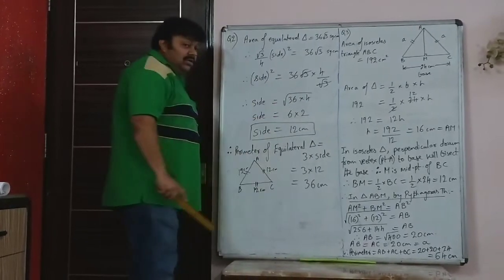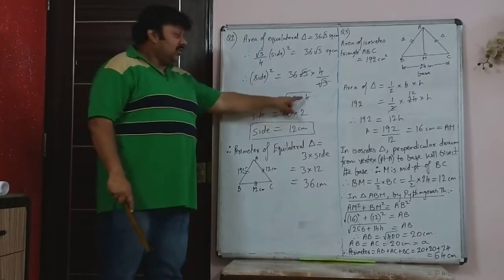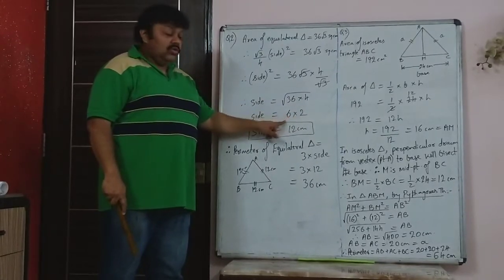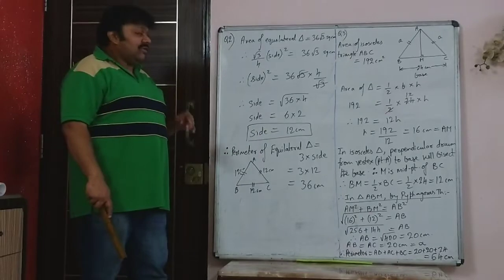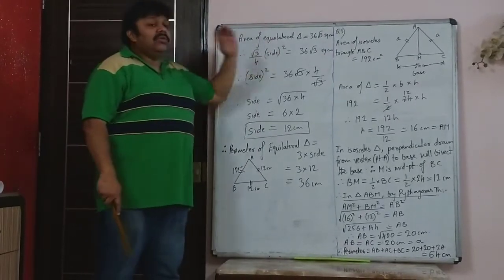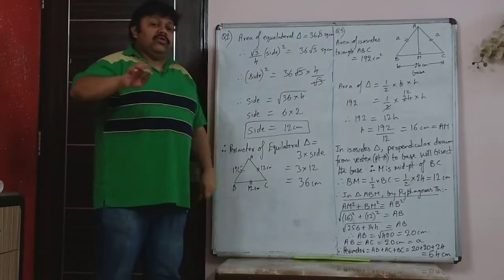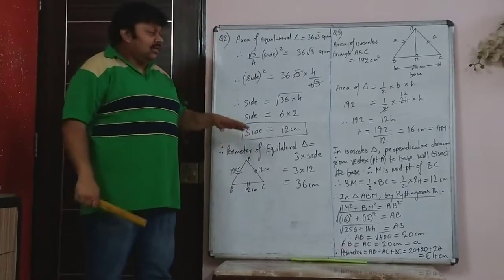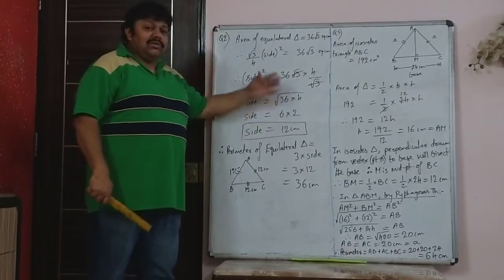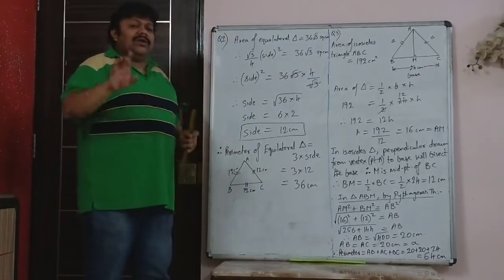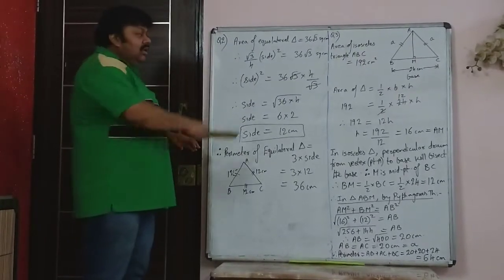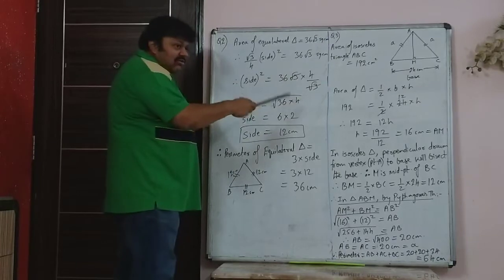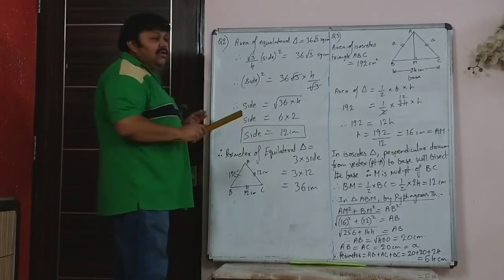Directly find the root. Root 36 is 6 and root 4 is 2. So it is 6 into 2, that is 12. So it is such a simple sum where you have absolutely no calculation. Usually in your February board papers, the calculations are like this. Extremely simple, not much calculation. It is not a test of calculations in the maths paper. It's a question of being smart and doing calculations the right way.